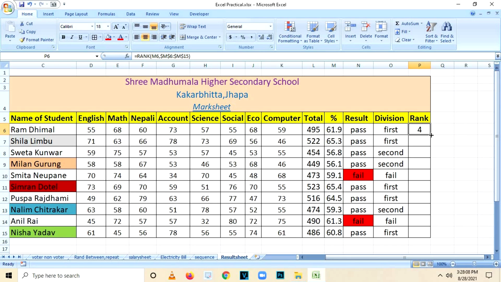The rank is 4th. Now you can find it very easily. Rank first: the student has secured 65.4%. Second has secured 65.3%. Third has secured 64.5%. Likewise, we can calculate rank. These students come in the